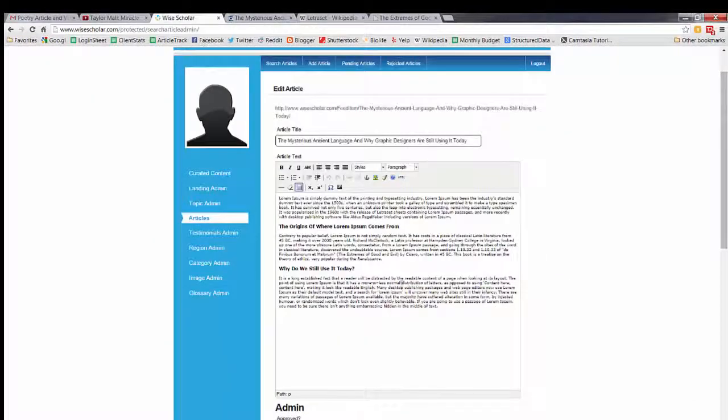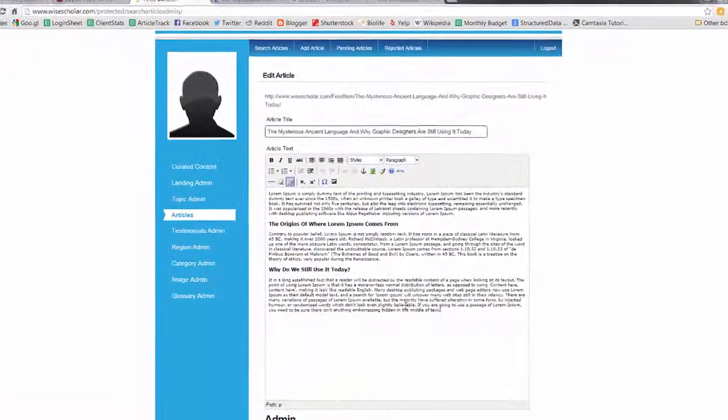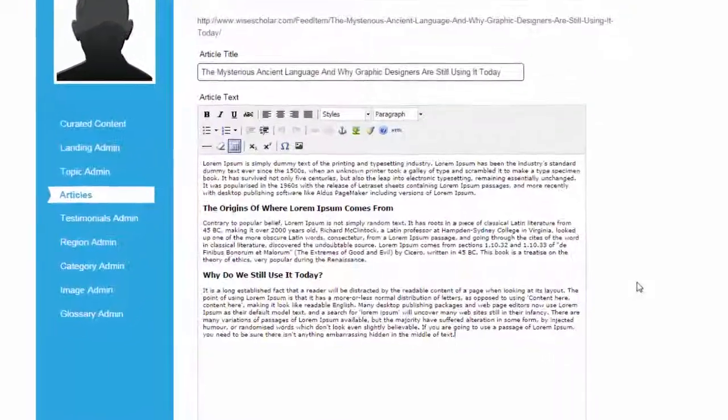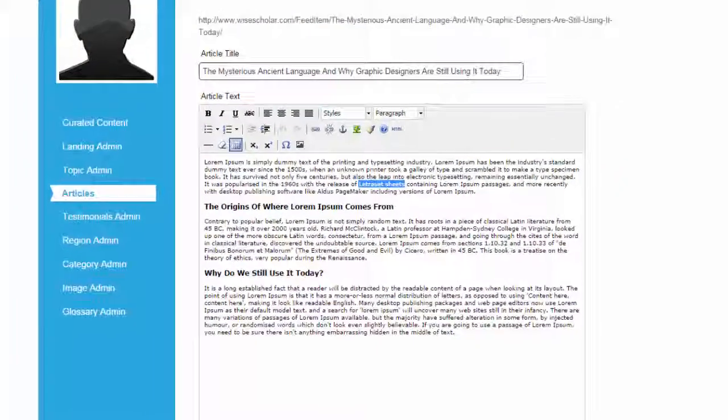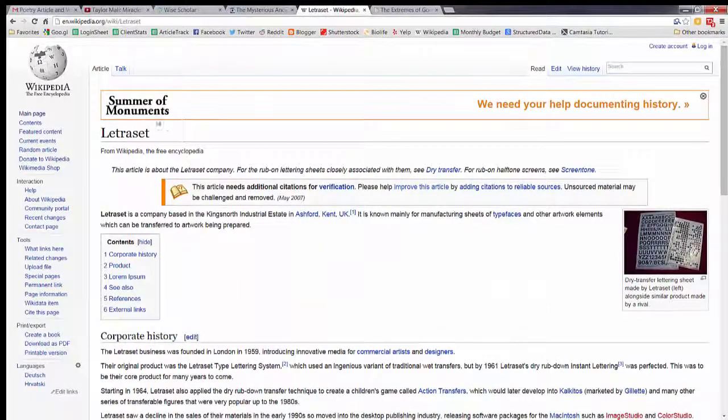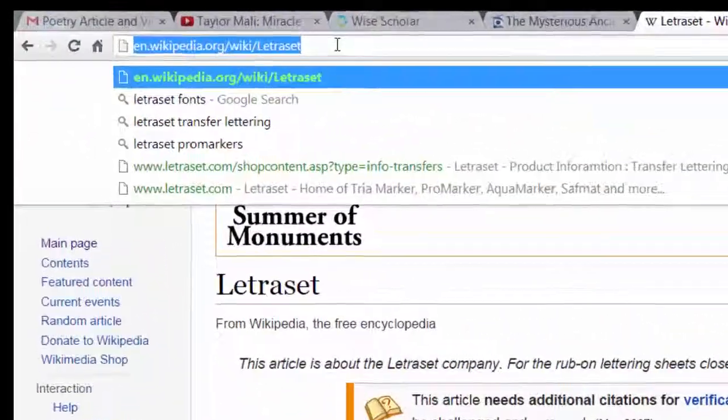Now we're going to talk about adding a link. It's good to add links in your article. I would say I would have a goal of, say, creating 2 links in each article that you write. So for instance, there's a little part in this first paragraph that talks about letraset sheets. I don't really know what those are, but if I were to, for the sake of the reader, find, let's say, a Wikipedia page or some other information about the letraset pages, I could take that URL